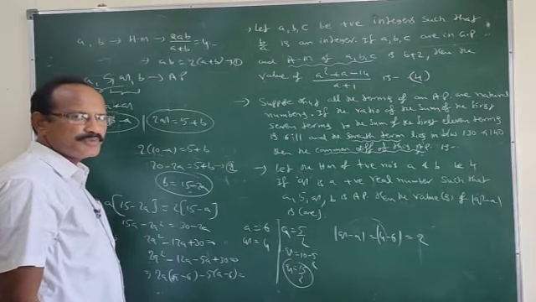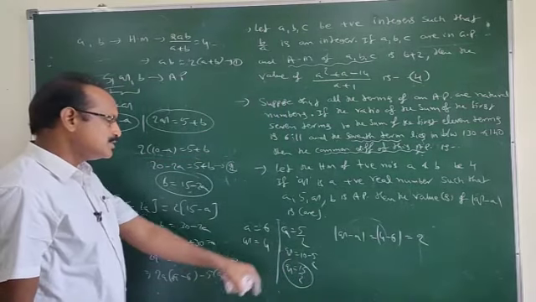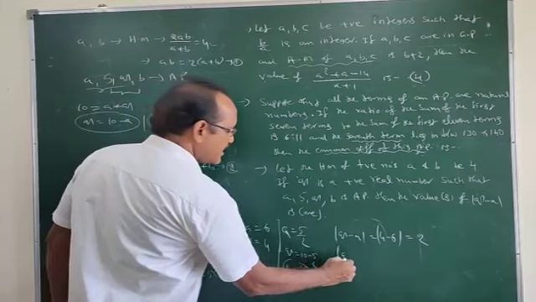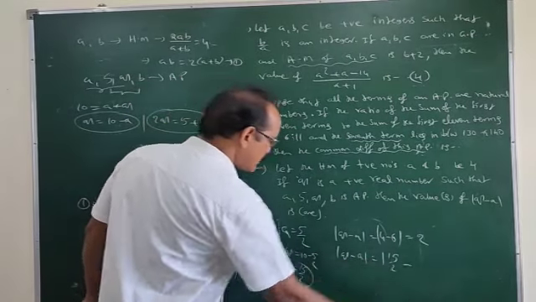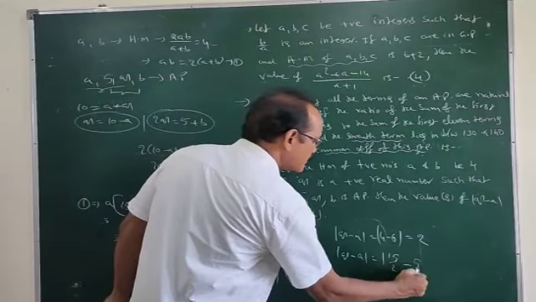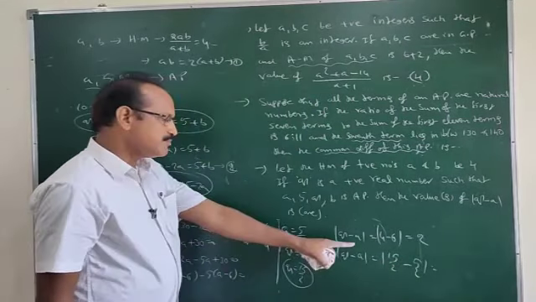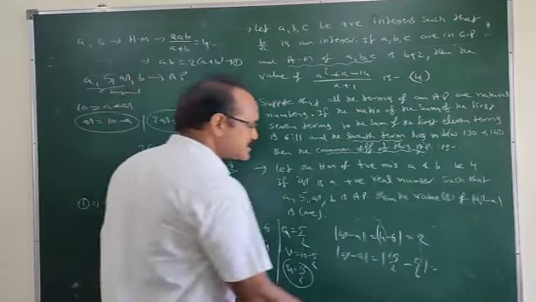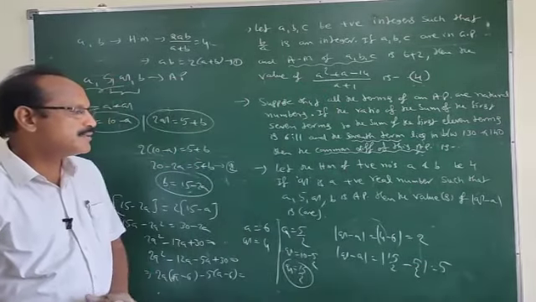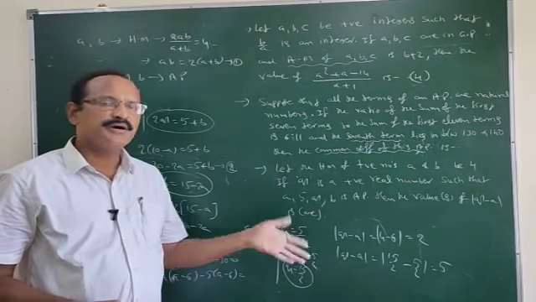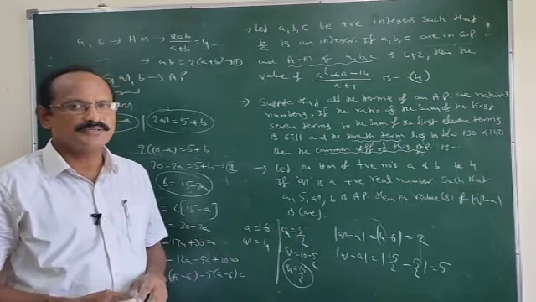One of the values of Q minus A is 2, and another value is again Q minus A, that is Q is here 15 by 2 minus A is 5 by 2, that is 15 minus 5, 10 by 2, that is equal to 5. So the values of Q minus A are either 2 or 5. There are two possible values, right?